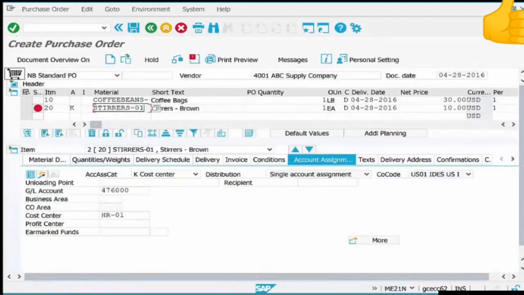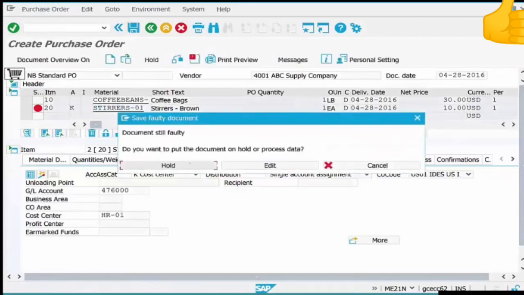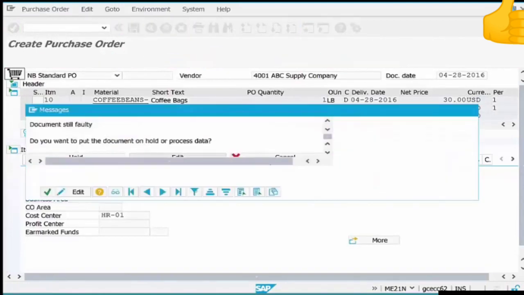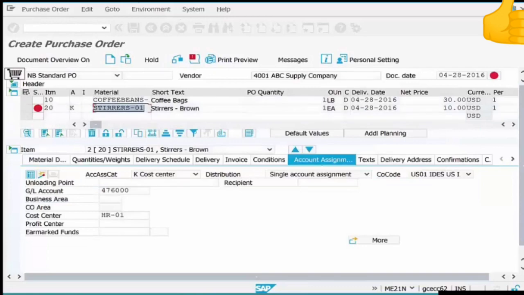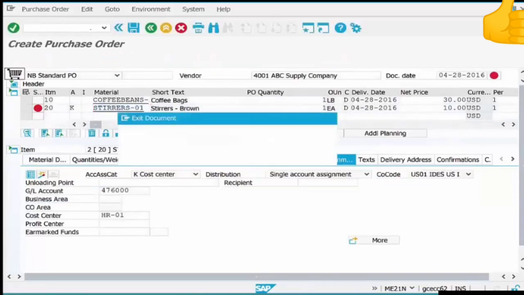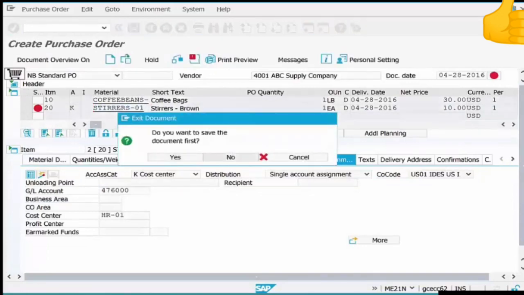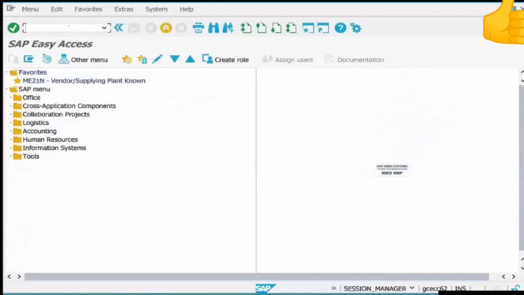Let's see if this gets refreshed. Click enter. Save. Document still faulty. No, we want to edit it. Purchase order, blah blah blah. Looks like that's not refreshed. So let's go back and come again. Do you need to save the document? No. So